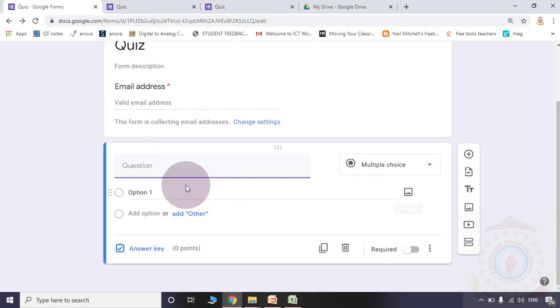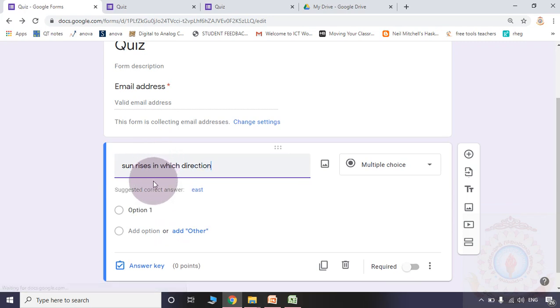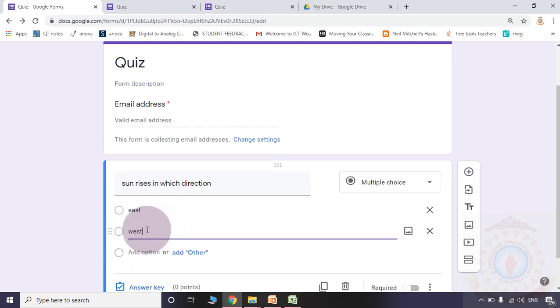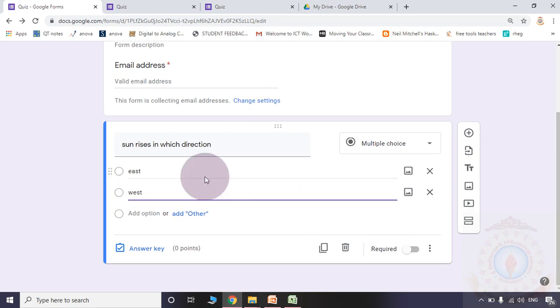Now I am showing. Sun rises in which direction? If I am giving multiple choice, I may show two options, east or west.